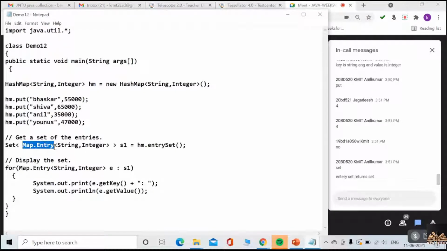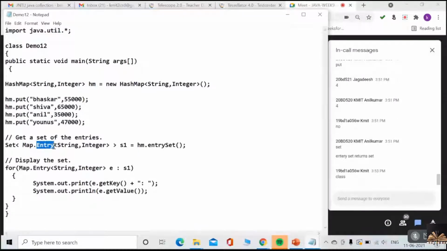We got a collection view in which we can have an entry of your map. Yes or no? So whichever set I return from here, I need to mention the type as Map dot Entry. It is the entry type. I already told you what an entry is. What is entry? No, sub interface.